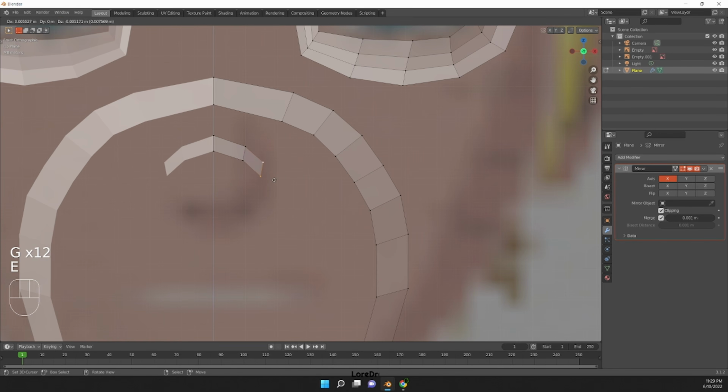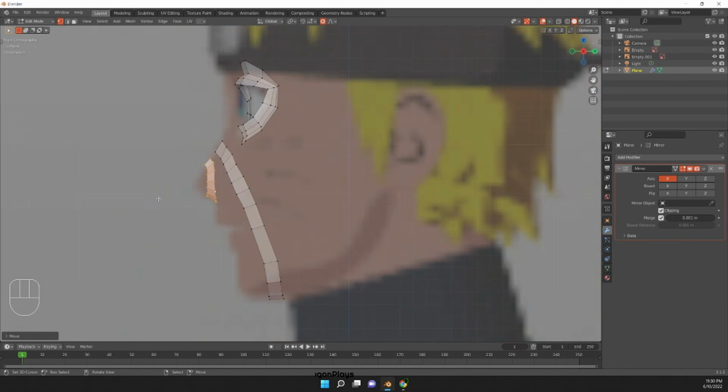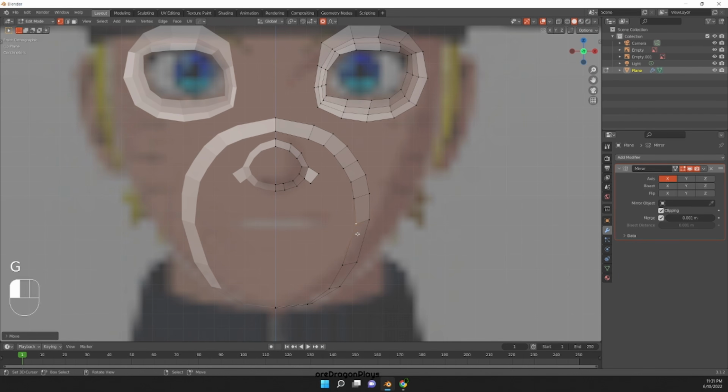And E to extrude. Next, adjust the edge loops in the side view. We're going to form another loop from the nose, and this is going to further wrap around the mouth. Grab these two, Control click,